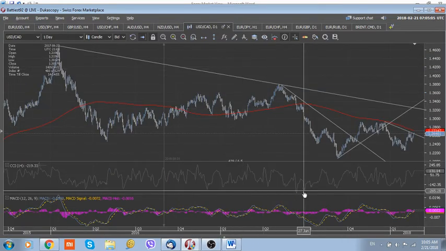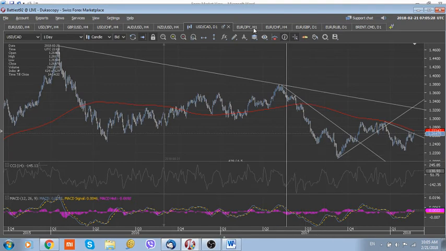The dollar Canada, we also sold this pair at 126.40, probably a little bit premature, but anyway, while the pair is trading below its 200 daily moving average, which lies today at 127.15, we still expect the pair to continue its underlying bearish trend. So that's why we put our stop loss above 127.15 this morning.